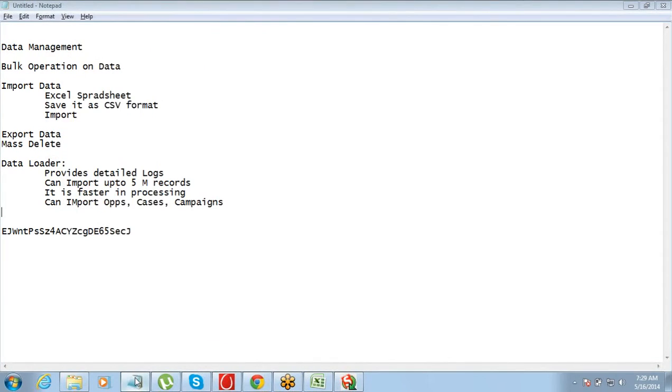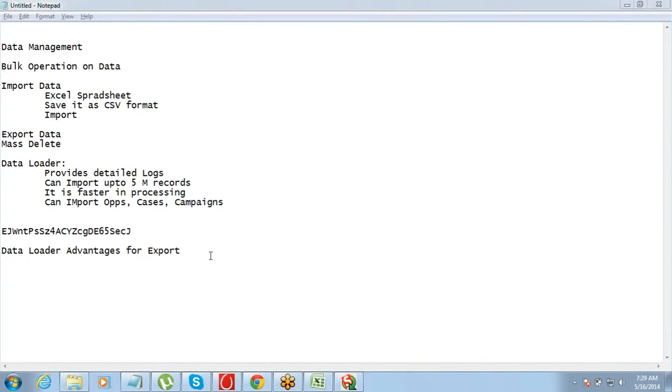So in export, data loader advantages for export. For export, as you can see, there we had a long process.